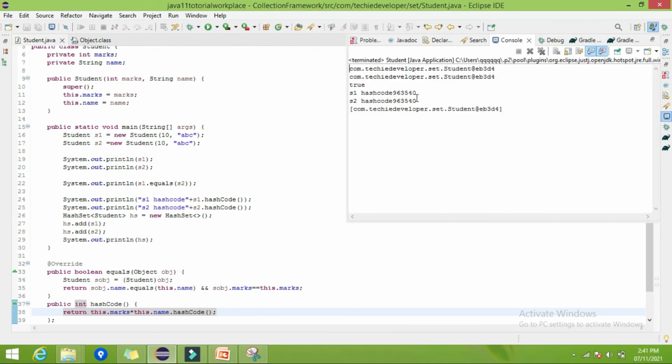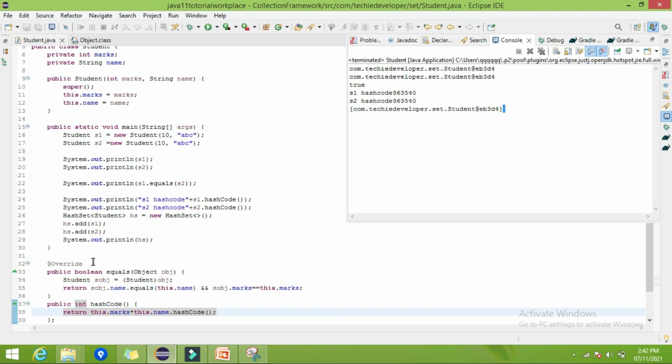So here you can find the hash code for both elements is the same. That's why in the set we are getting only one element, because both elements, that is student s1 and s2, have the same hash code. That's why it is adding only one element into the HashSet. That's why it's given that whenever we override equals, we should override the hashCode method, because whatever collection uses hashing, that is HashSet, HashMap, Hashtable, in that case your code may not work properly. So it's recommended to override hashCode as well.